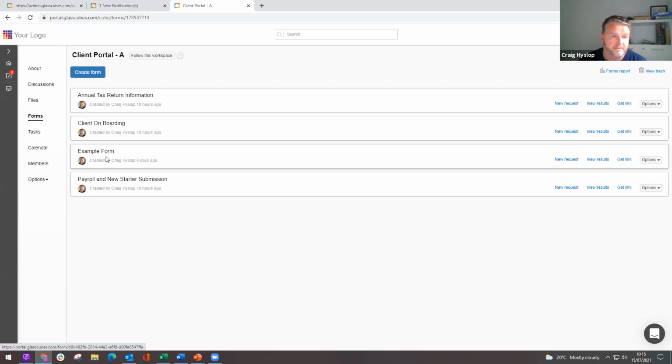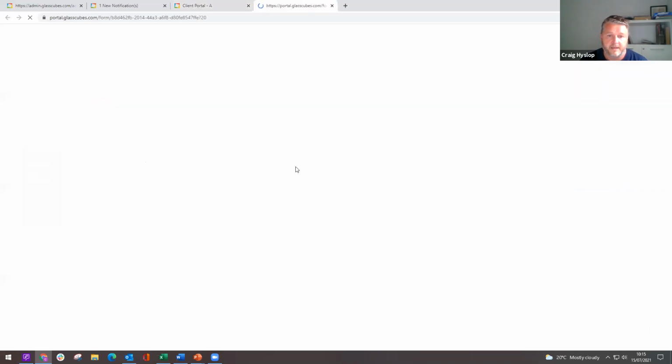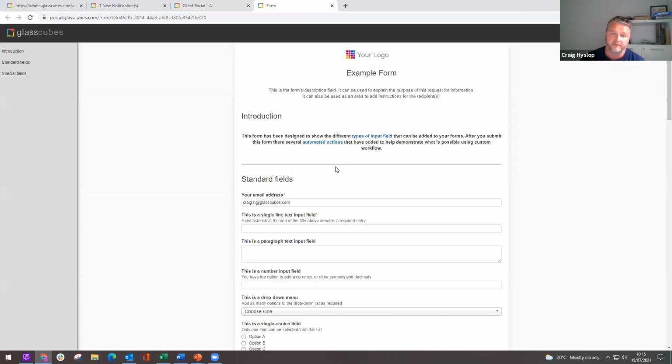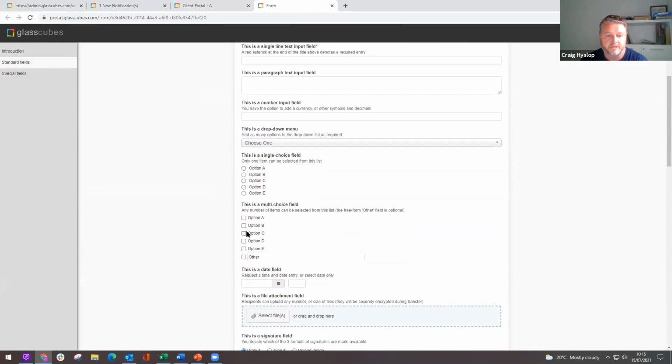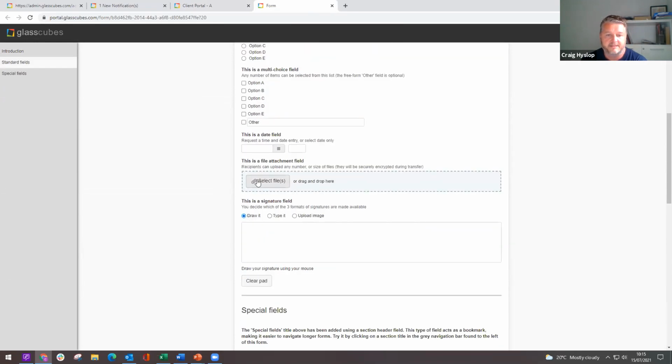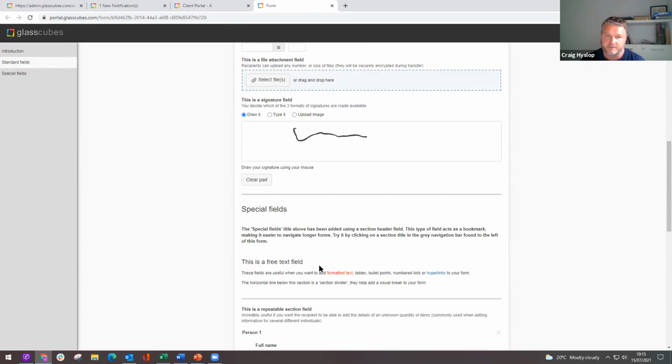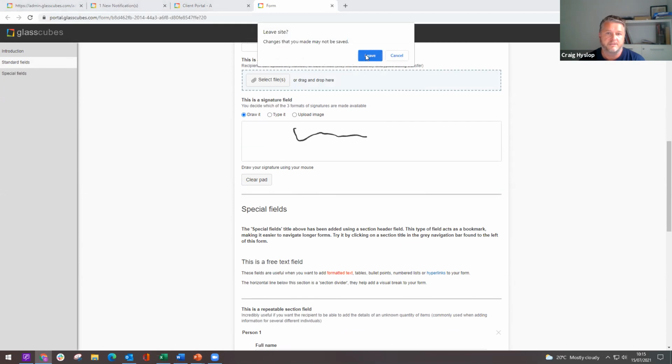Within the forms component itself, you've got any type of form field that you would ever need on an electronic form. So single fields, paragraphs of text. You've got number fields, drop-down boxes to choose from, single, multiple choice options, the ability to attach files. So if you're getting ID information back in, you can sign off on the forms. Every type of field category is supported within the platform. Now, it's not just the,